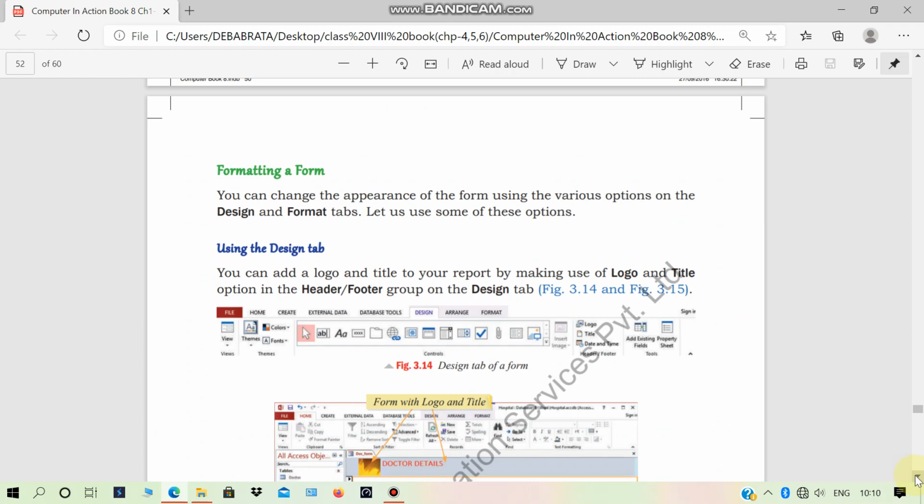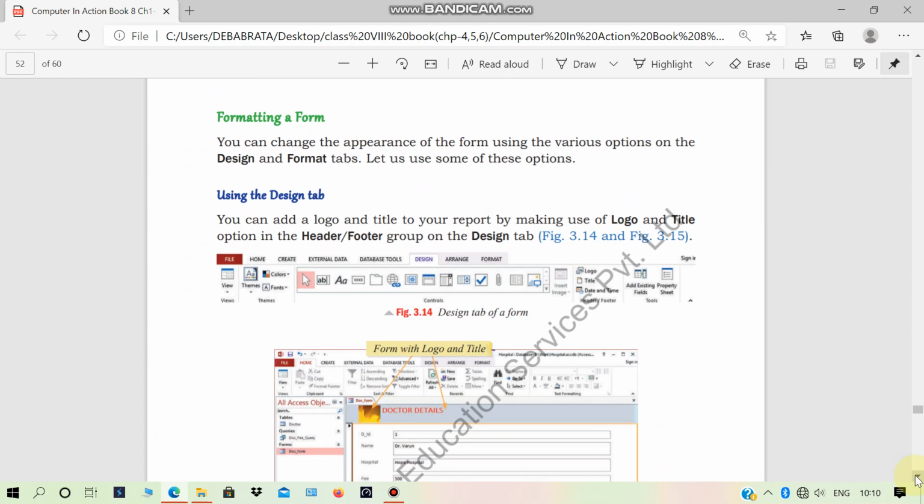You can change the form design by going to the design tab.